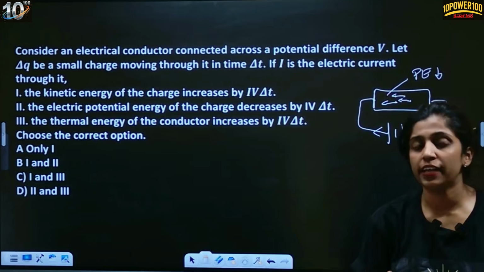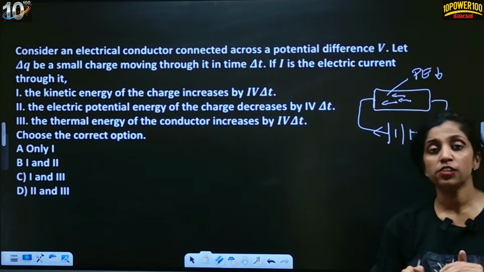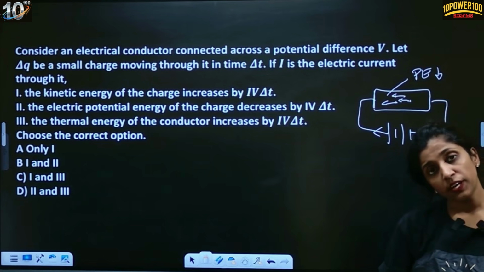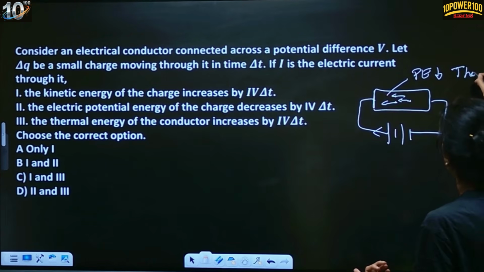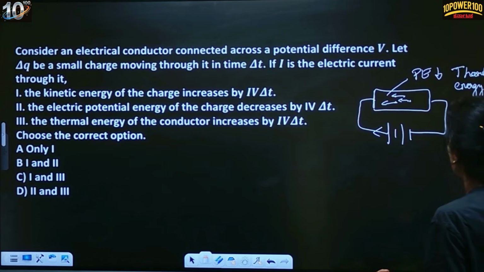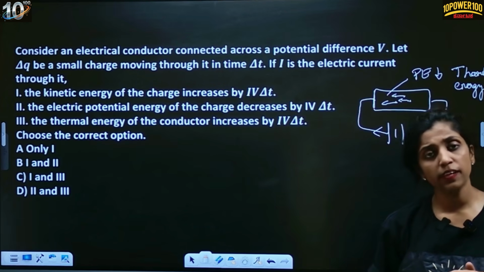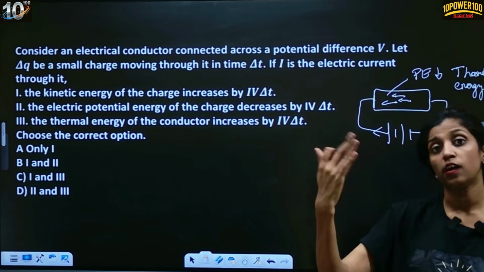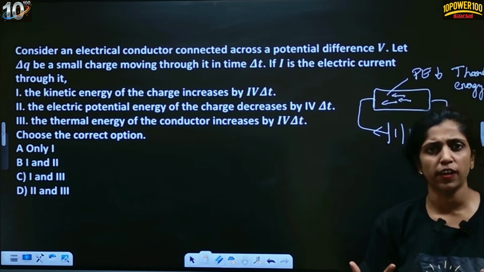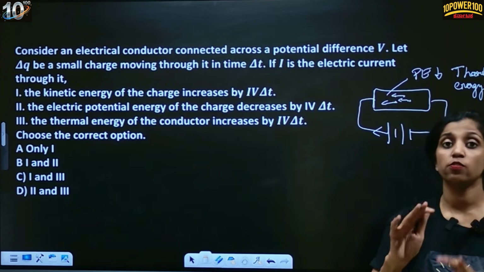Why? Because the electrons will be hitting the protons, its speed will reduce. So its potential energy will reduce. When its potential energy reduces, to balance it, the thermal energy will increase. We all know from conservation of energy that energy can neither be created nor destroyed. So if something is reducing, the other thing should increase. Here potential energy will decrease, but the thermal energy, the movement of electrons, the heat, will increase to balance that. So this point you should be knowing.